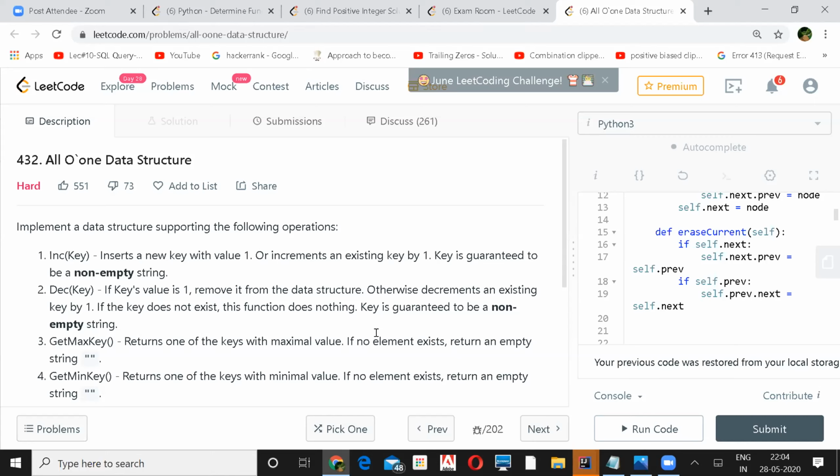So you are saying we keep buckets, okay? If I have a key A which comes first, I will put it in bucket 1, correct? Yeah. Then sometime later I get an increment of A, so I will create another bucket 2 and put that A. So I won't remove the 1 also, correct? For key, you need to have a hash map as well, to know which bucket it is currently in. That's fine, I have a map also.